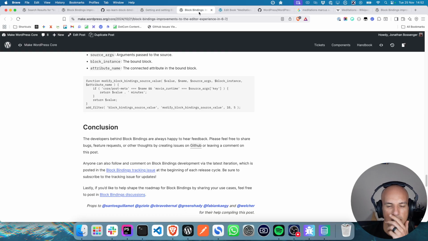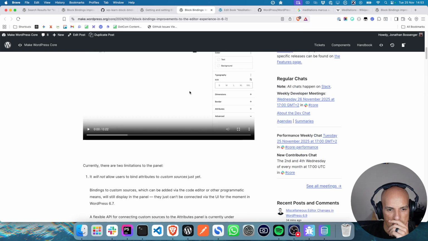Understood how you could bind to the image URL.